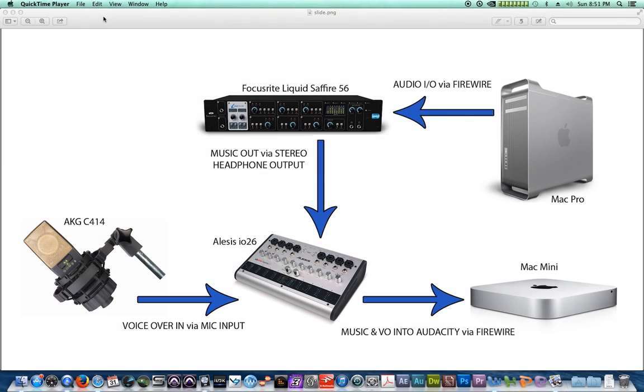So this diagram will hopefully make some sense on how I hook up two computers, two audio interfaces, and one mic to make my videos. I run the DAW on my Mac Pro, so Logic, Pro Tools, whatever I'm doing a tutorial on, and I run a QuickTime screen capture while I do the video tutorial. The Mac Pro is connected to a Focusrite Liquid Sapphire 56 via a FireWire connection as my main interface for